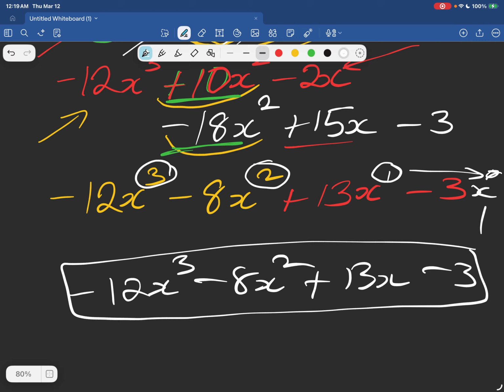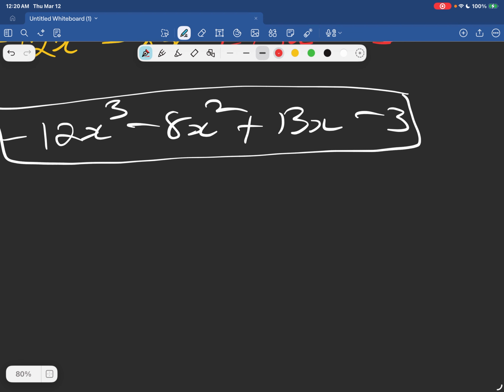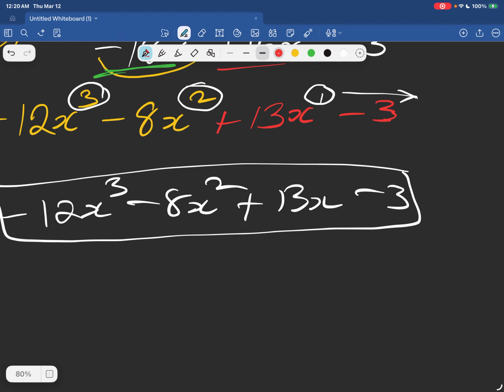Don't get confused with this. That's just a placeholder, so to speak, okay? If you need, I could give a little clarification on that. I try to show students here that even though you have 3 by itself, it can be thought of as having 3 times x to the 0 because